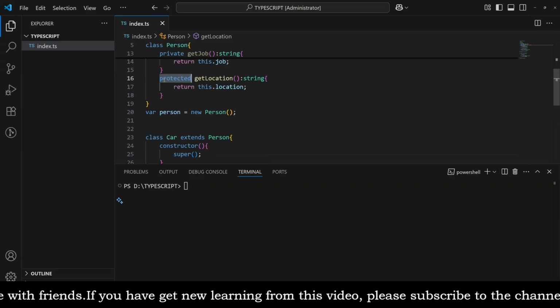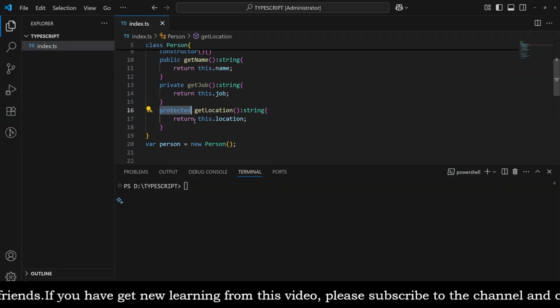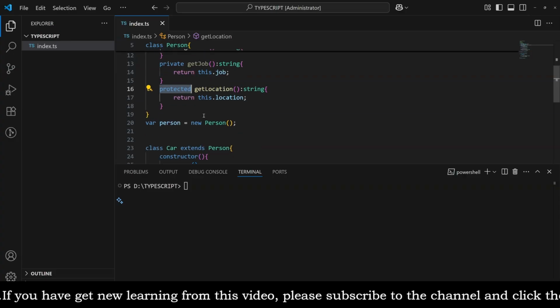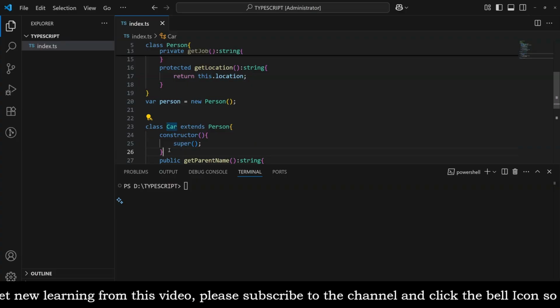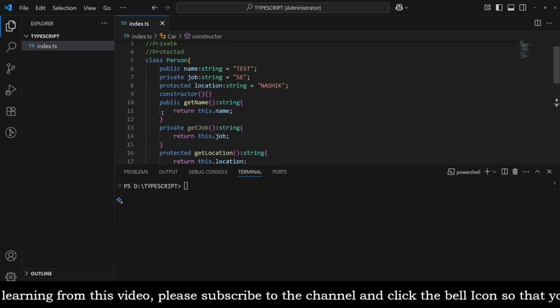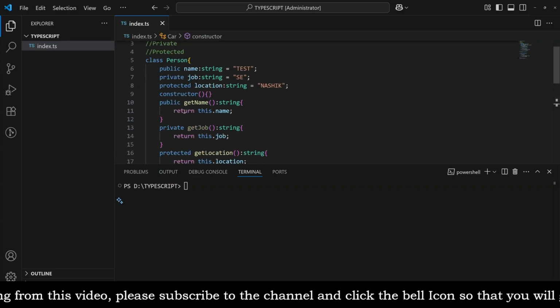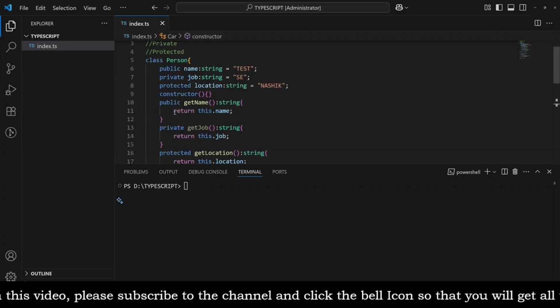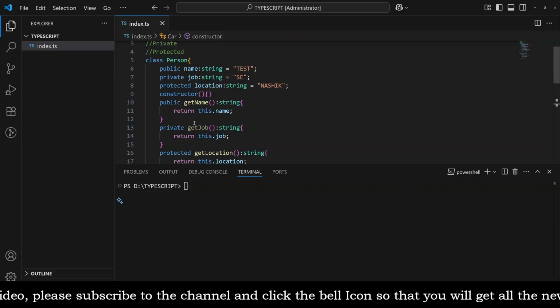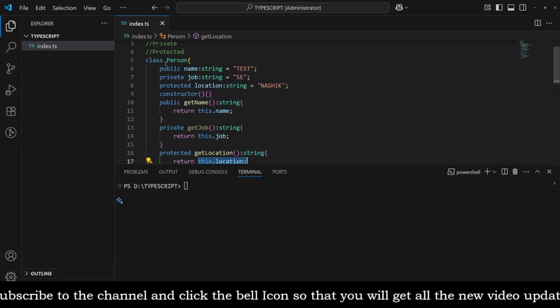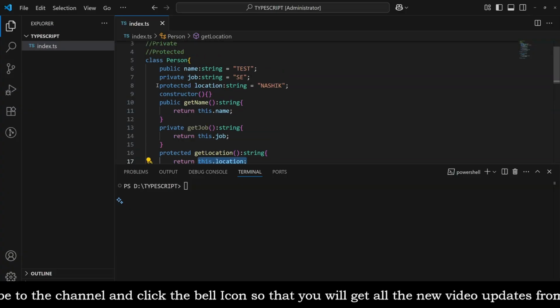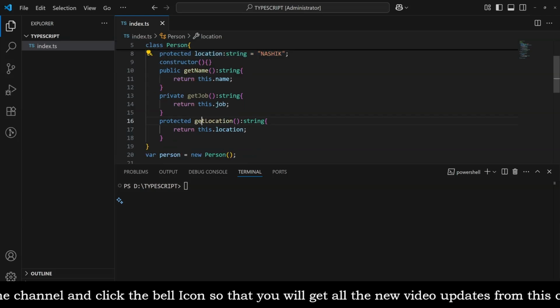Since it is a protected property or protected method, it can be accessed inside the derived class, or the class where these properties or methods have been declared or defined. So now I can access the location property inside this particular person class where it has been defined, and this method as well,